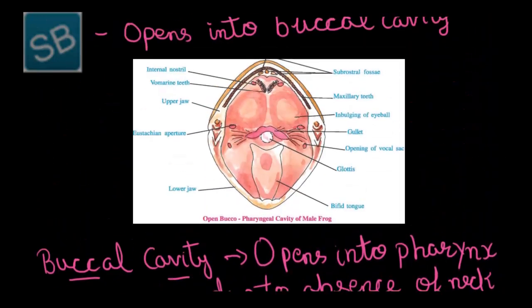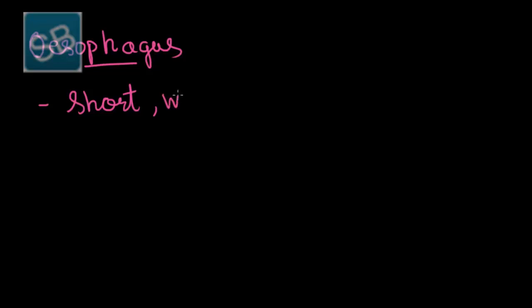In this buccopharyngeal cavity, all the structures are present in both male and female except the vocal sacs, which are present only in male frog. Then gradually the buccopharyngeal cavity opens into the esophagus. The esophagus is a short, wide and muscular tube